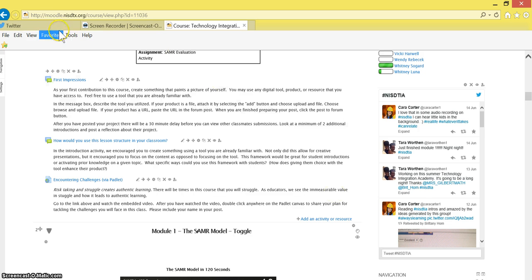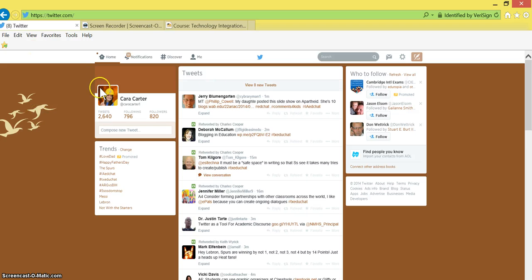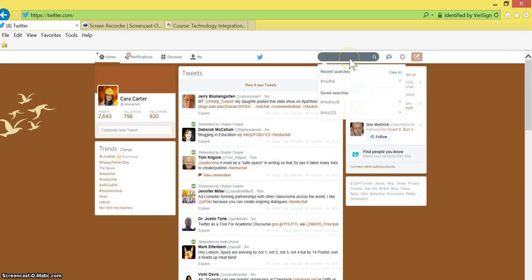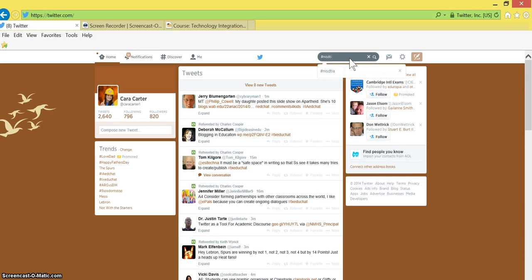What you'll need to do is log into Twitter. The easiest way to do it is from your computer. When you log into Twitter from your iPad or another tablet or other device, your Twitter feed will look a little bit different. So for me, the easiest way is to just use a full computer and go to Internet Explorer. When you are in Twitter, you'll simply go up here to the search box and type in the hashtag